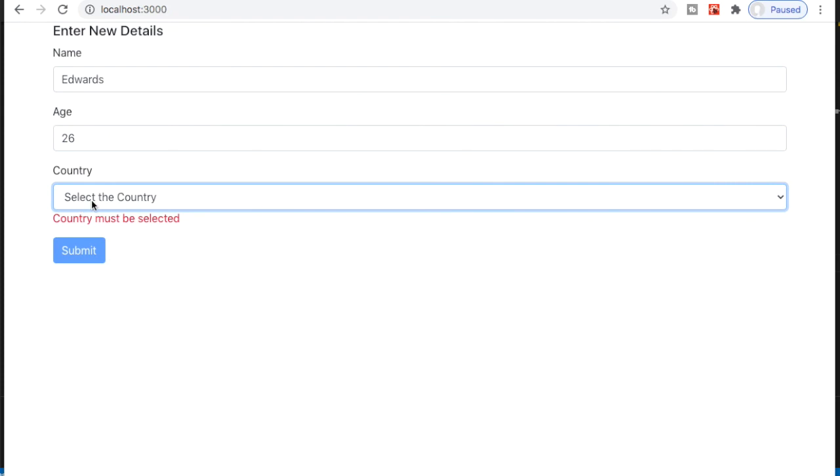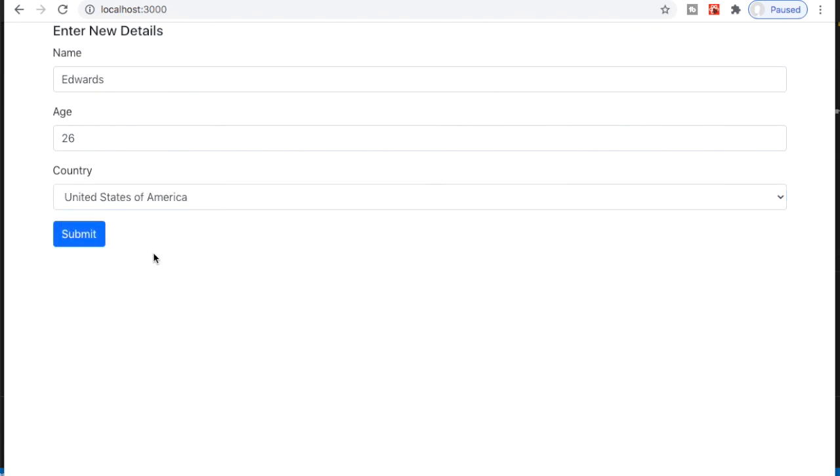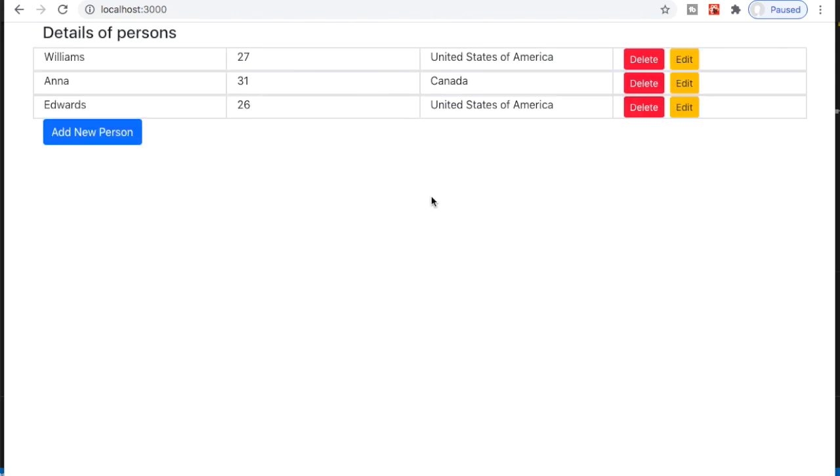Same here for the country. Country must be selected. Let's select a value, and the moment I click out of it, the moment it loses focus, we get that. And the submit also works properly. So this is how we can do it.